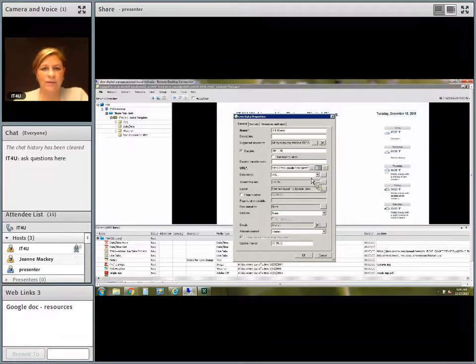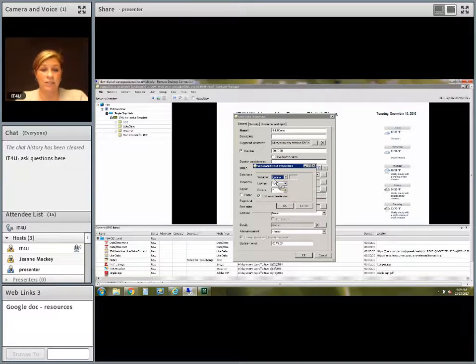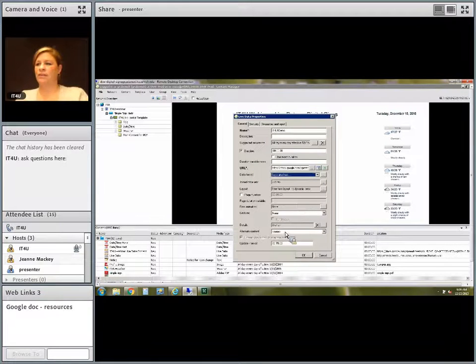So the next thing I need to do is, since I'm using a Google Doc, Content Manager knows Google will read as a CSV. So I'm going to choose separated text, and I'm going to just accept the defaults, which indicate that the first row is header row. One more thing I'm going to do here. The update interval is how frequently Content Manager is going to check your spreadsheet for updates.